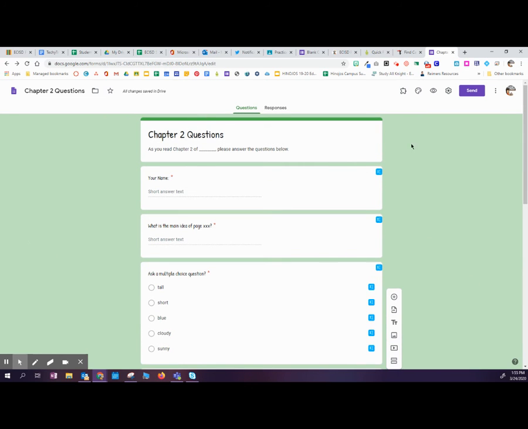Okay, so we've created our basic form, right? But what if I accidentally created a basic form, but I meant for it to be a quiz? I'll get to that in just a second. Now, if I'm ready for this basic form to go out to whomever, through Remind, through Dojo, through Classroom, through Seesaw, through whatever resource you're using, you have to do a few things first. So if you click this little settings gear wheel up here in the upper right hand corner,